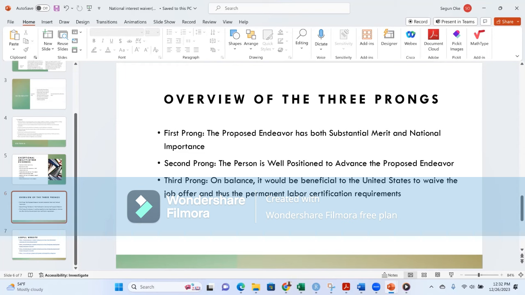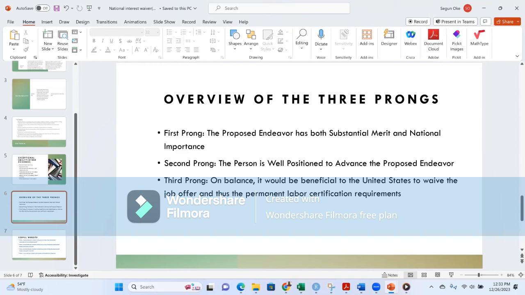It will be beneficial to the United States to waive the job offer and thus the permanent labor certification requirement. On a normal day, when we are coming to the United States, you must have a job offer. I remember when I applied, I was even given the visa before I left England, then I was able to get the offer. But it is not